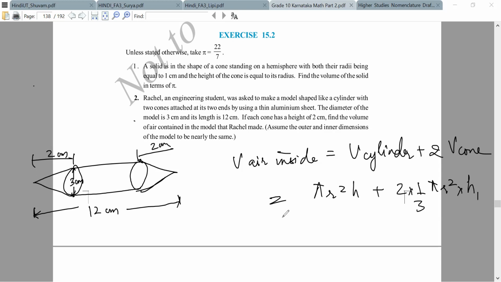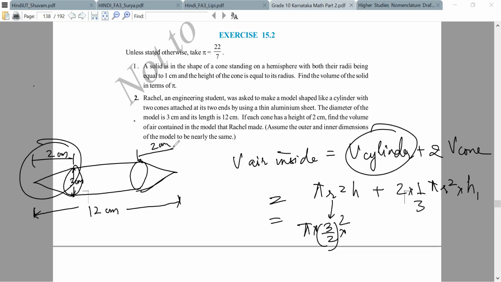Okay. So this pi r square h will be pi into r, and this r will be what? 3/2, whole square. H is what for this? What is the H for cylinder? Can you raise your hand and tell me what is the H for cylinder? Mansa? 8, because we're taking off this 2 and this 2 from this 12. So we have into 8 here. These 2 square things will get cancelled also. Plus 2/3 into pi into r square, again r is 3 by 2 whole square, into h1. What is h1 in cone? Dilruba? 2. Okay, this is my h1. Good with that? You ready to move ahead?